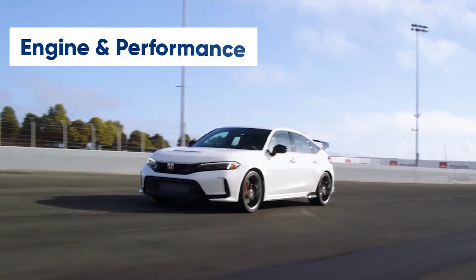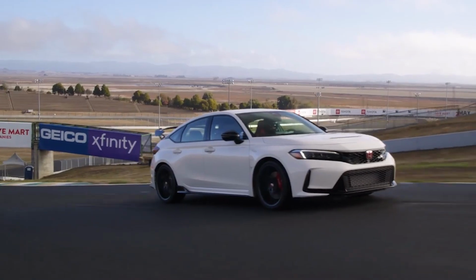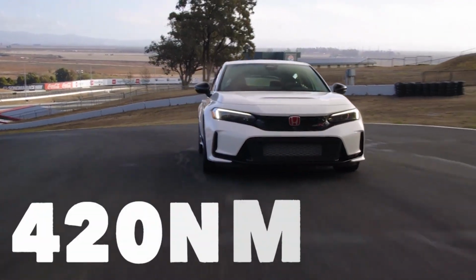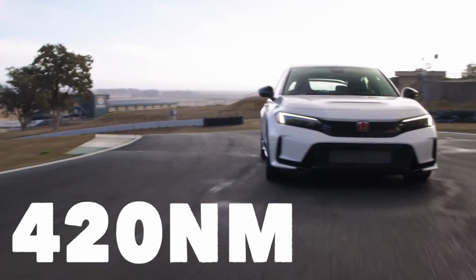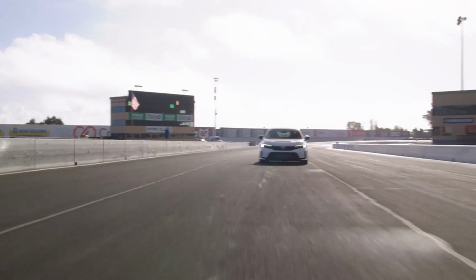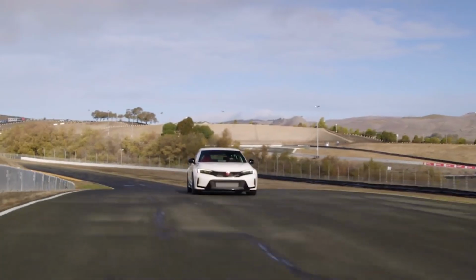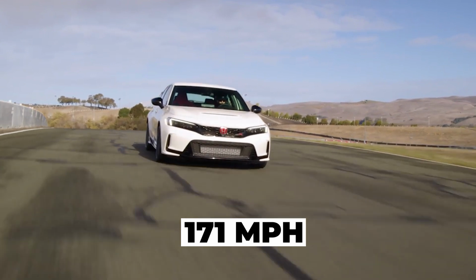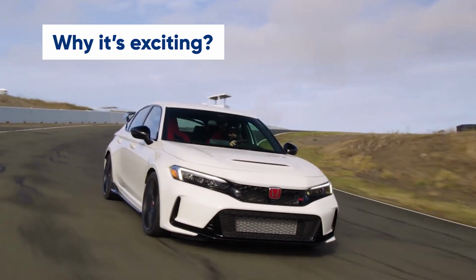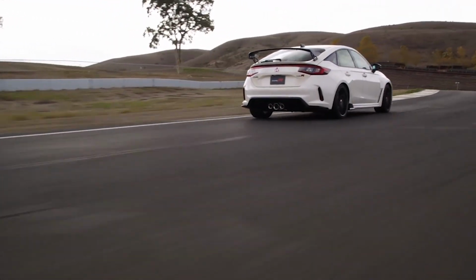Powered by a turbocharged 2.0-litre 4-cylinder VTEC engine, the Type R produces 325 horsepower and 420 Nm of torque. The 6-speed manual gearbox is one of the slickest around, offering short, precise shifts and a maximum speed of 171 mph. The Civic Type R is a performance machine, tuned for both the road and the track, and has been